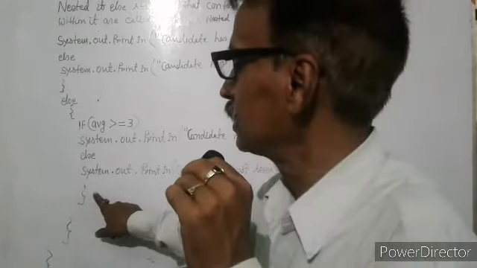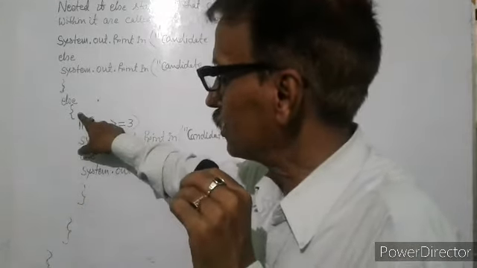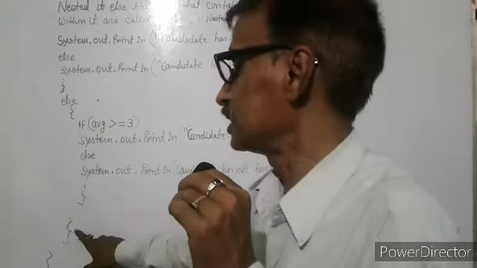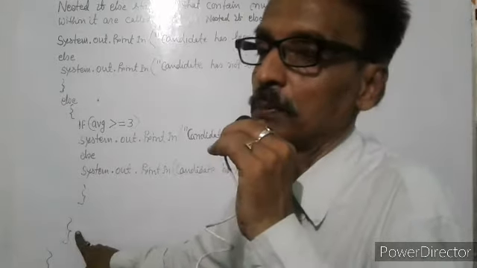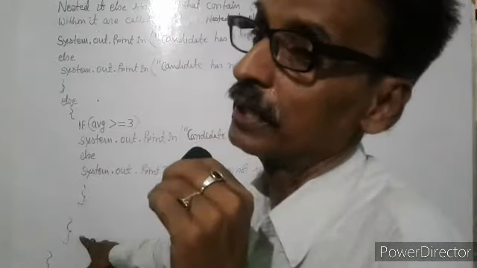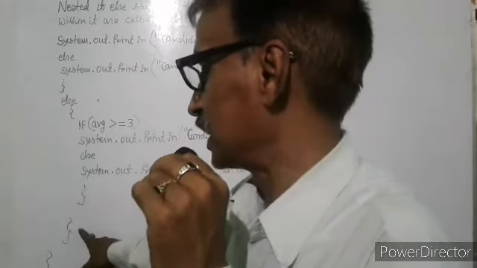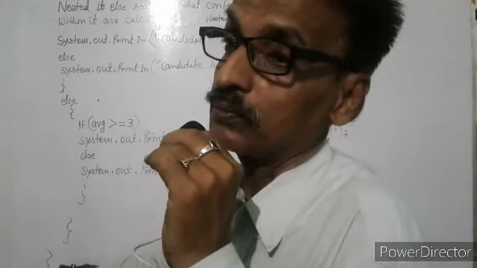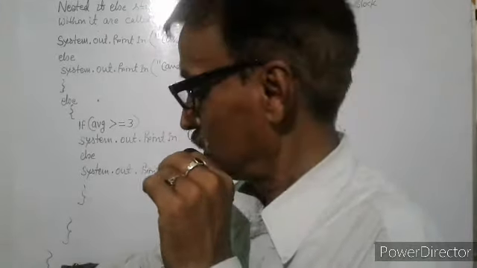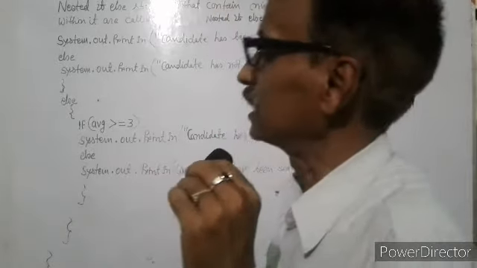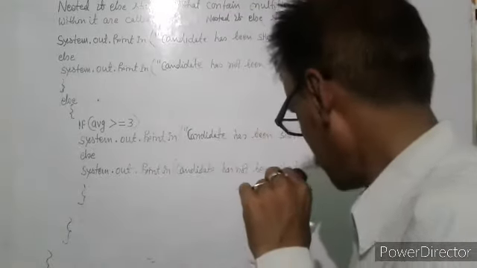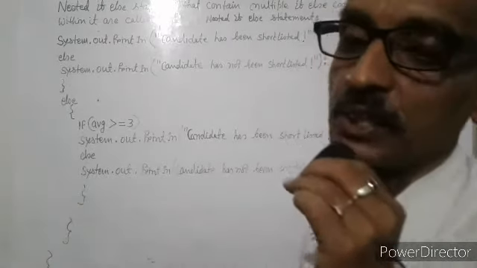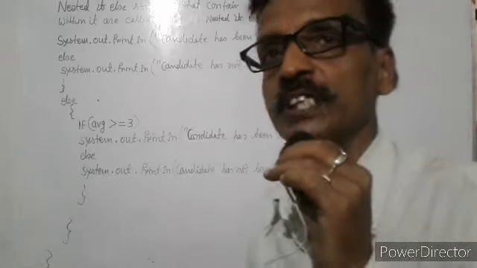This braces is for this one, here the braces begin and here is the end, and this is the second braces in the program. This end is for the opening of the second braces, and this ending indicates the opening of the first braces, the very beginning in our program. So here our program is finished. After that, the same process will be repeated.